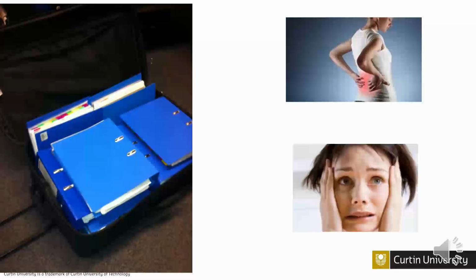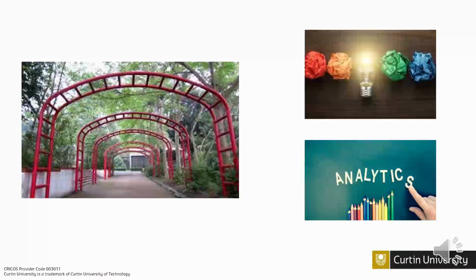So on the left are the blue lever arch files that our e-portfolio has replaced. It was typical for students to have 2 full A4 lever arch files by the end of their course, and for our rural students, they'd send these in by post once a semester for review and feedback. So it's quite backbreaking work for us to cart these around, coupled with the anxiety of potentially losing a student's